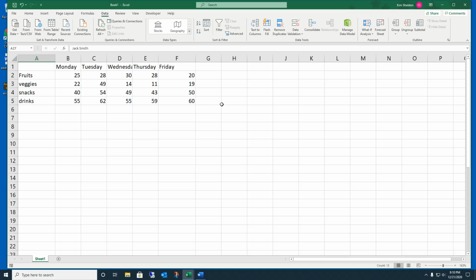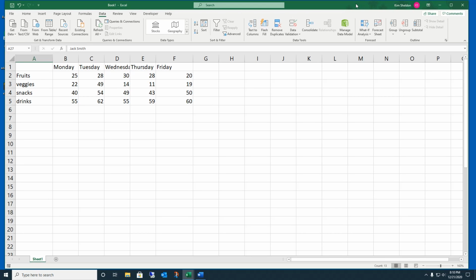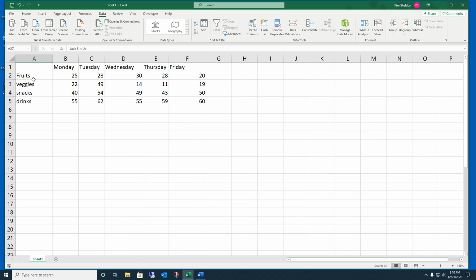Okay, so here's Excel. Let's go ahead and get started with our first thing. So I'm going to show you how to transpose a table. So right now I have the days of the week along the top, and then down the side I have fruits, veggies, snacks, and drinks. And then in the middle, the data is just how many of each per day. It's just silly data, but I just wanted to show you